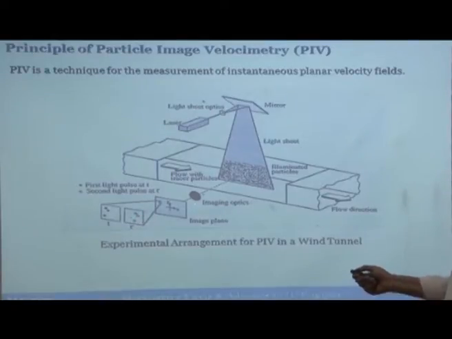Now, you have a software that is going to combine this image with this image and identify that this is particle 1, this much direction it has moved, in this direction it has moved by this much distance, in this much time. And this is what has happened with the second, and with the third. And then finally, it will give you a vector map for this area. Clear? If there is any confusion, this is the basic fundamental of particle imaging velocimetry technique. If there is any problem, you can ask me now.